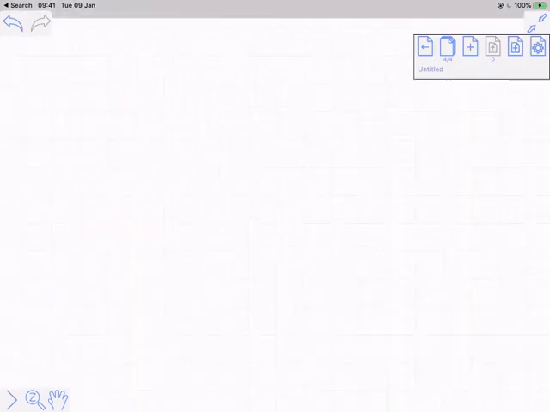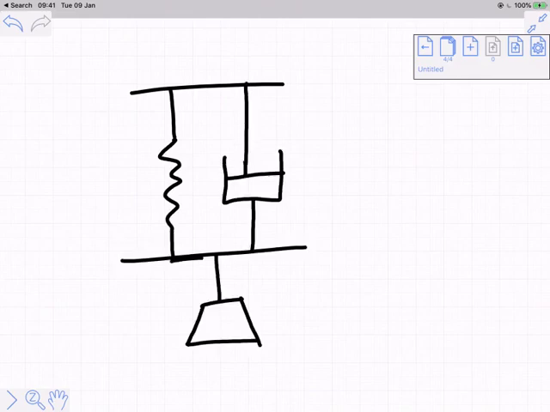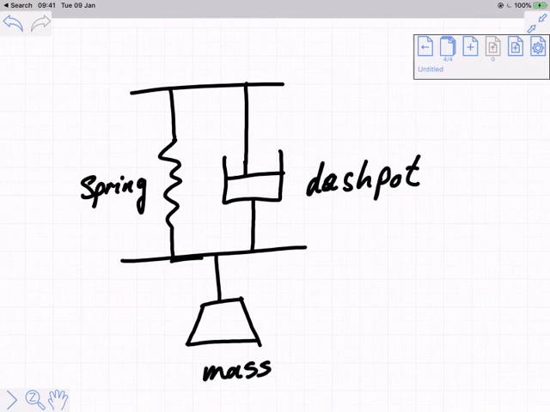So the damping coefficient actually comes from these systems that are drawn like this. These are called spring mass dashpot systems. This is exactly the suspension system of your car. I don't know how many of you have ever taken the time to have a look at the suspension system of a car, but